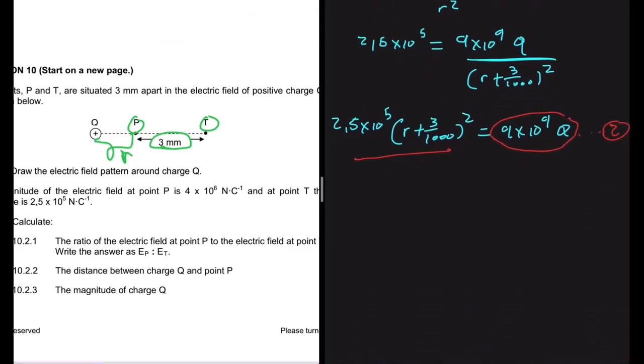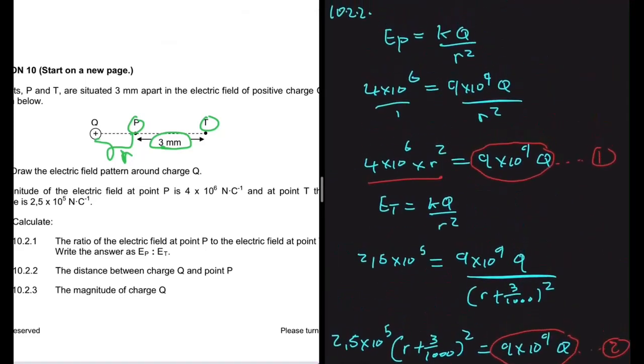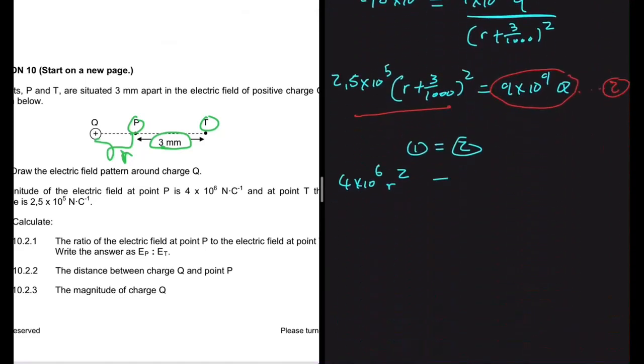So if we do that, we can say that equation 1 is equal to equation 2, obviously, because they're all equal to 9 times 10 to the 9 multiplied by q. So equation 1 there was 4 times 10 to the 6 multiplied by r squared. Yes. And then our equation 2, we have 2.5 times 10 to the 5 multiplied by r plus 3 divided by